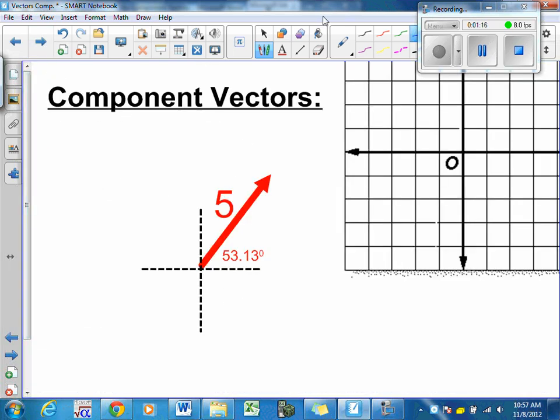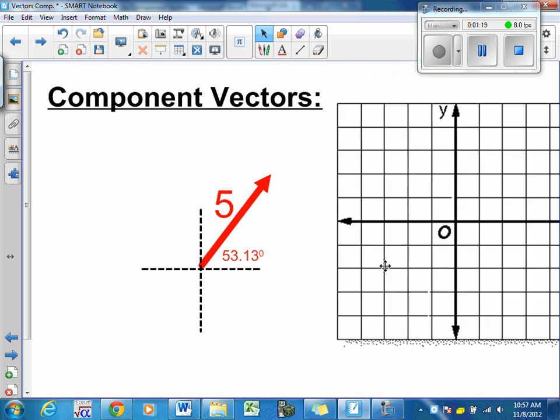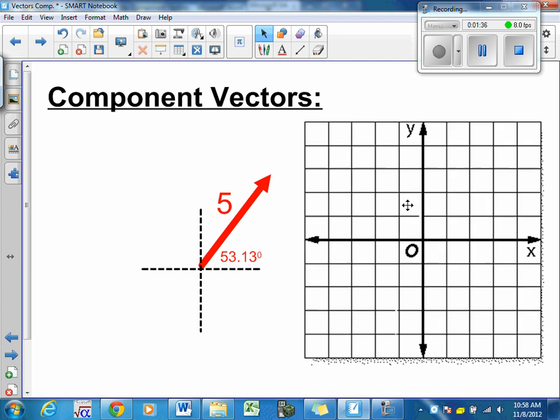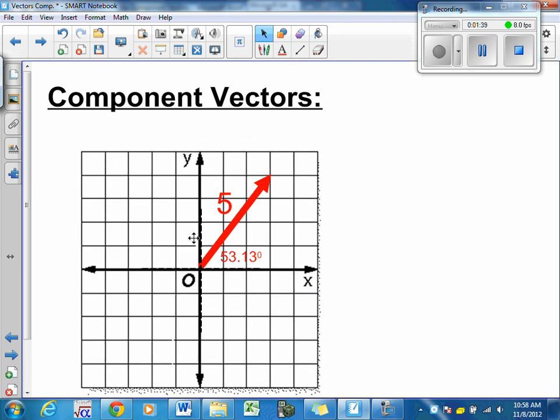So if we have a vector, excuse me, we have here, this vector is 5, and the angle is 53.13. And we would just draw it this way, and we looked at this a number of times over various homeworks now. But what we're going to do is imagine taking this and imposing our axis over top, you can see that what we end up with is where the vector ends. And we end up with this